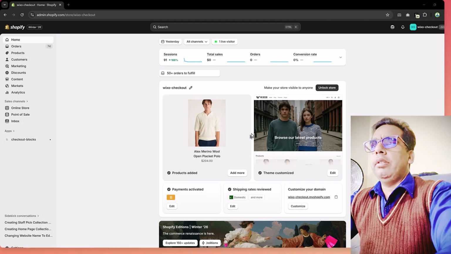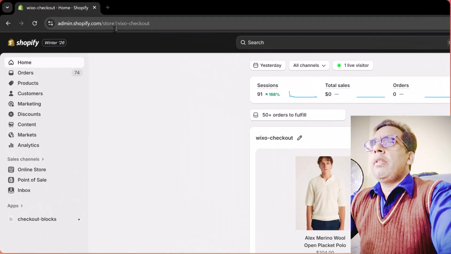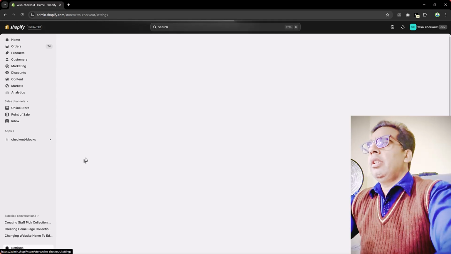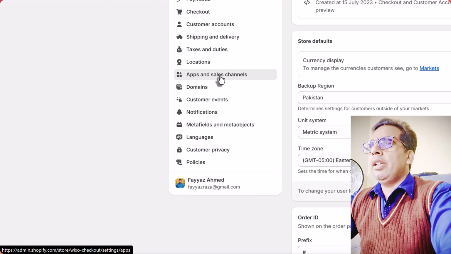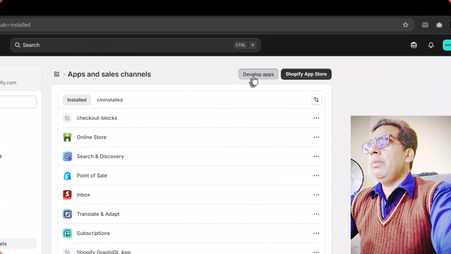In this video, I'm going to show you how to create a Shopify access token. So first you need to log in to your Shopify store and then click on settings, and after that click on apps and sales channels. Then click on develop apps,